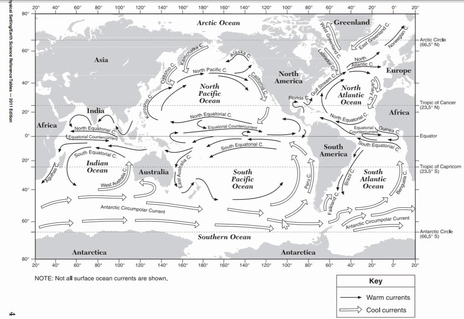So what we have here is page 4 of the reference table. And what you can see is that it's a pretty straightforward graph. Warm currents are all in this solid arrow, and cool currents are all in this clear arrow. Now the solid arrow is warm, and you can see that the warm arrows kind of start in the warm